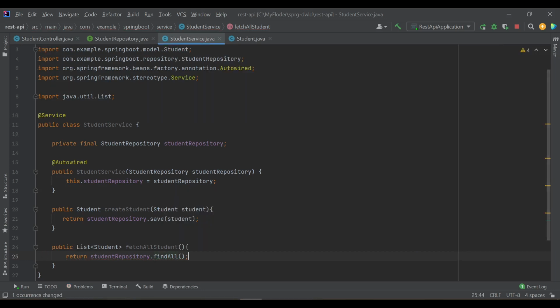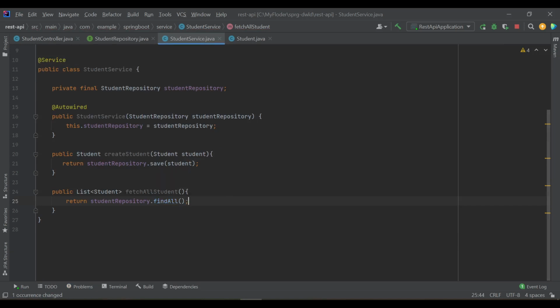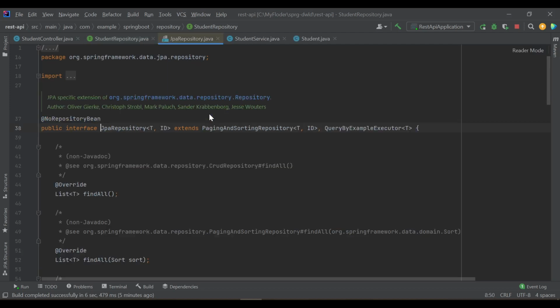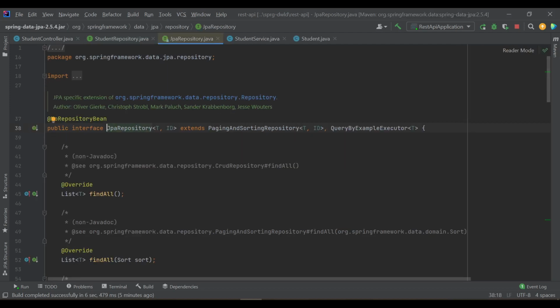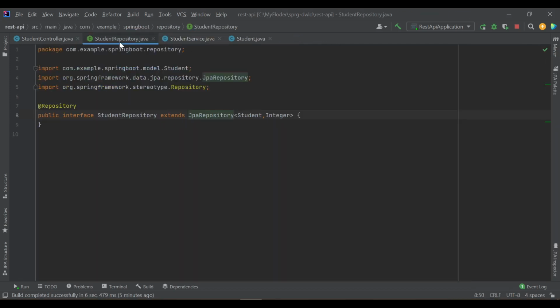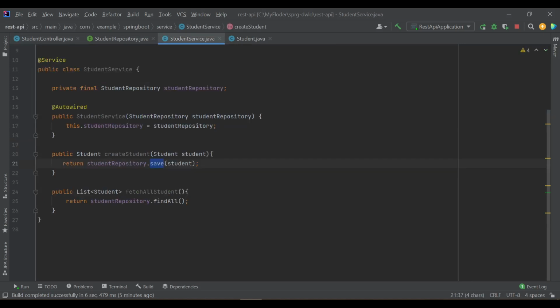Yeah, basically it returns all the students from the database. So it has a bunch of methods called save, find all. The save and find all methods come from this JPA repository, and JPA repository extends the CRUD repository. If you see here, the find all method is there, which we are using in the service, right?